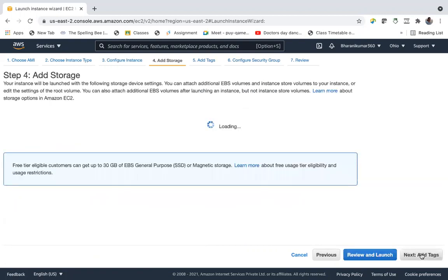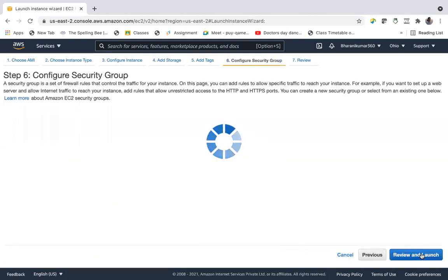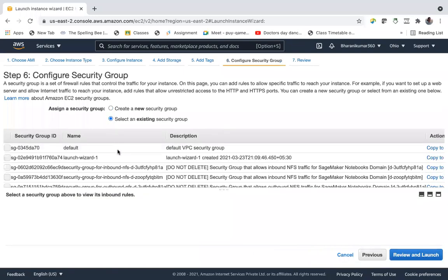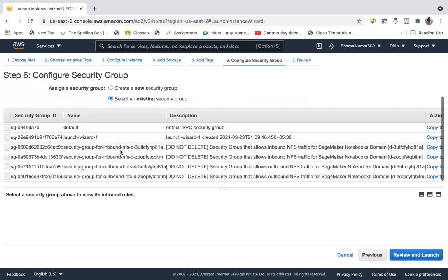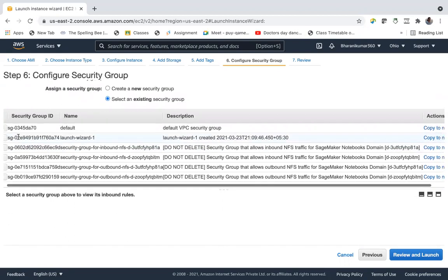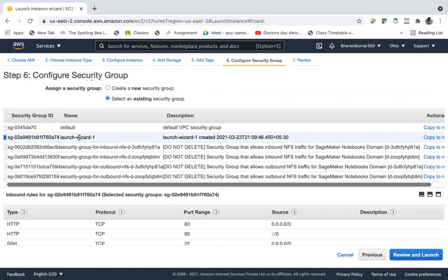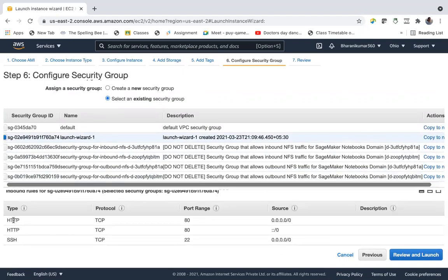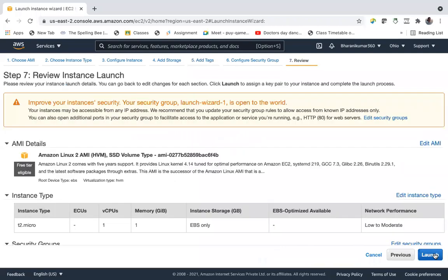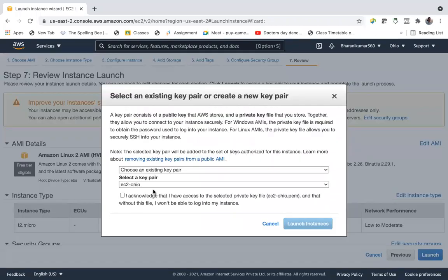Next, add storage, add tags, security group. I'll choose an existing security group. Let's see this launch wizard one. Yeah, so let us use this. It has both HTTP and SSH rules. Review and launch. Launch. EC2 Ohio, I think I have this key pair. So launch instance.